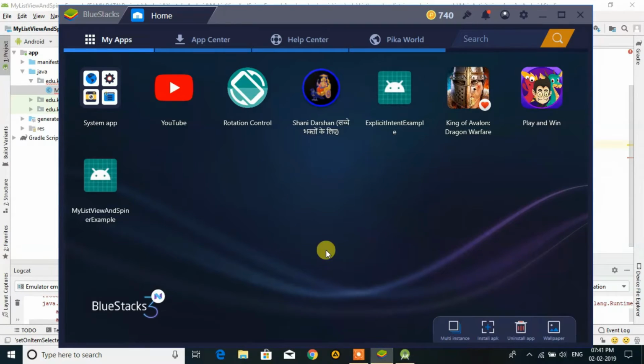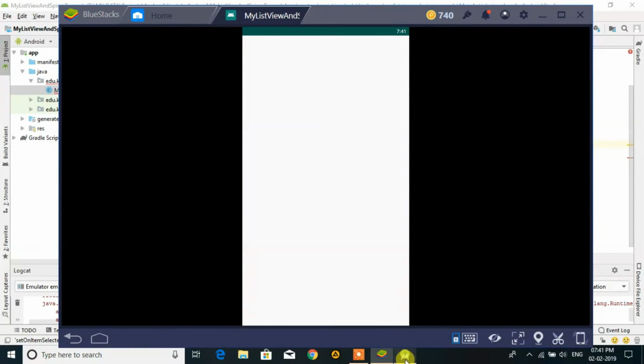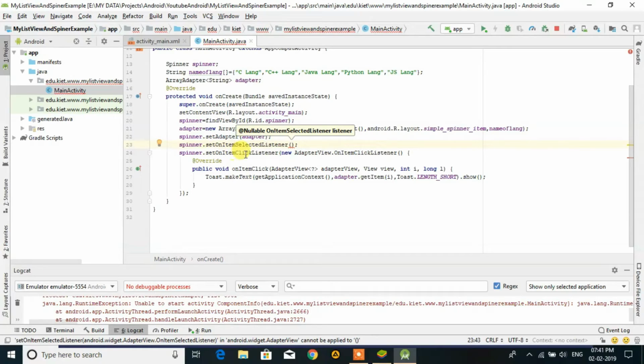It's showing an error in this program. We made some mistake. The mistake is that in place of the item click listener, we have to select the item selected listener event.